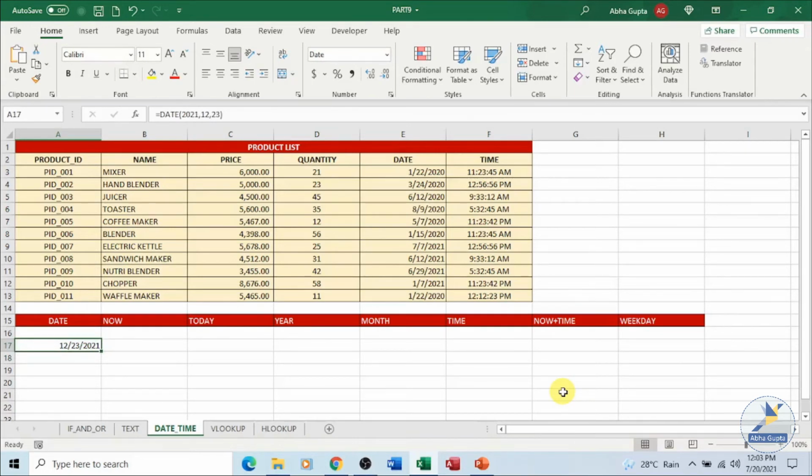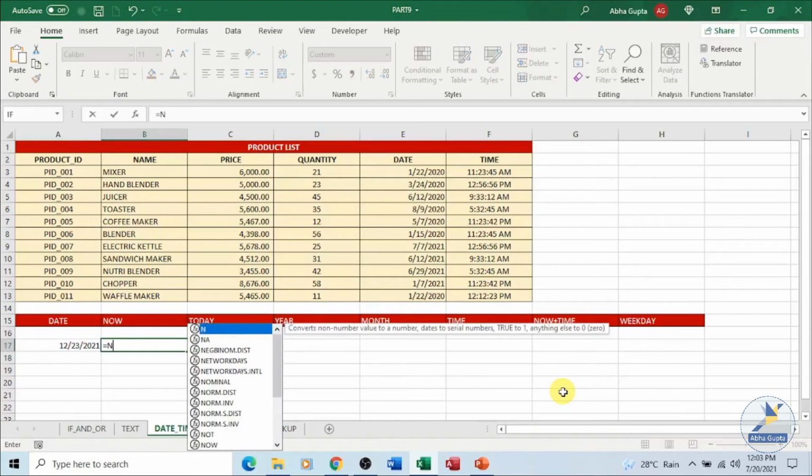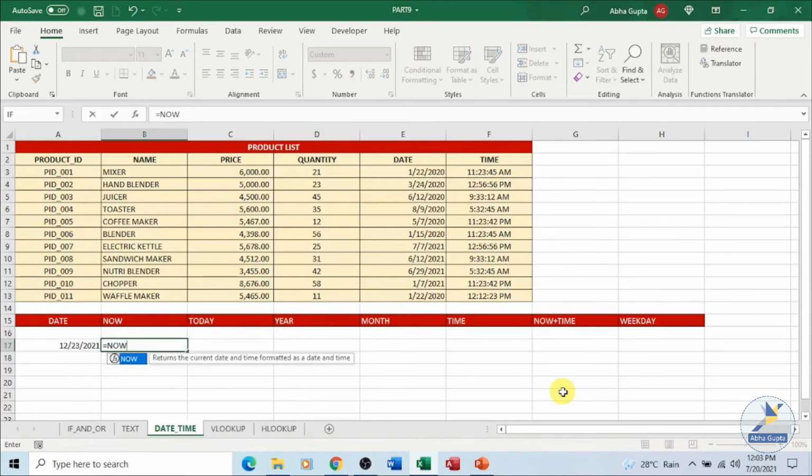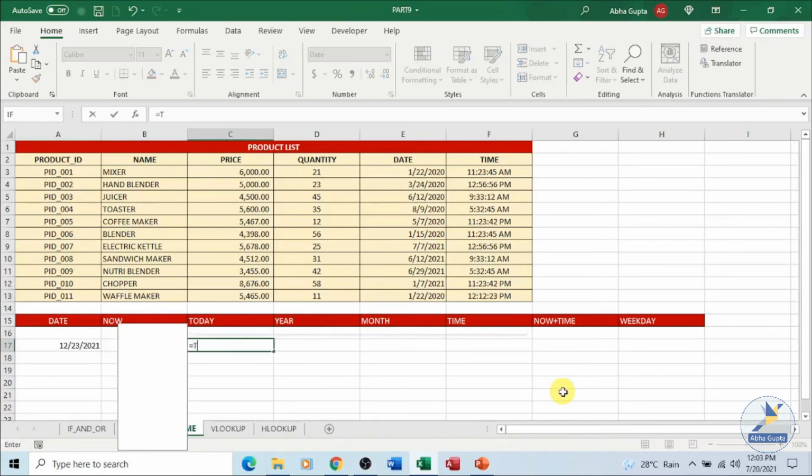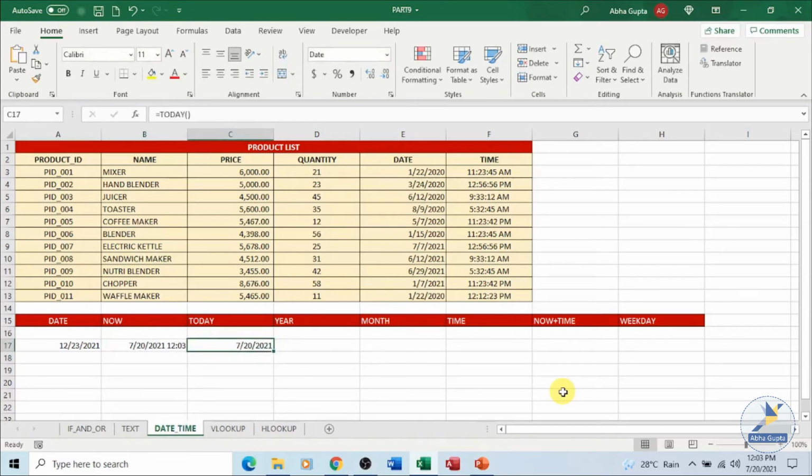It has automatically formatted it and given us the result. So you can use the now function to see the current date and time. It will give you the current date and time. You can use the today function. It will give you today's date.